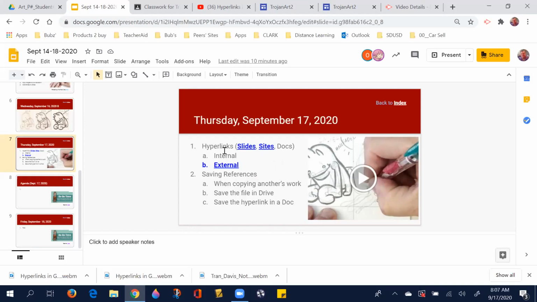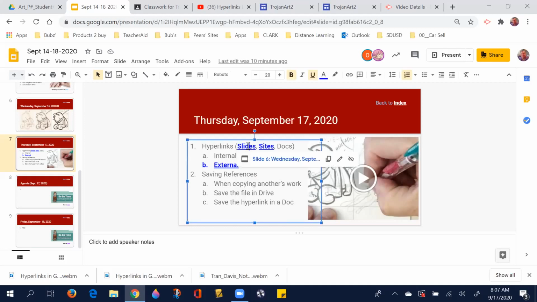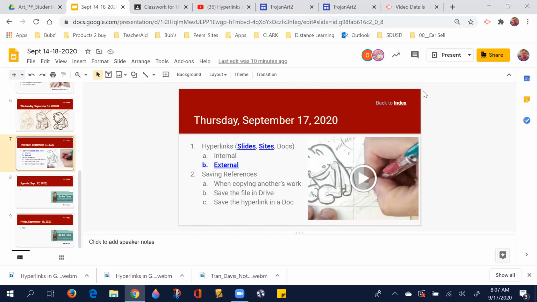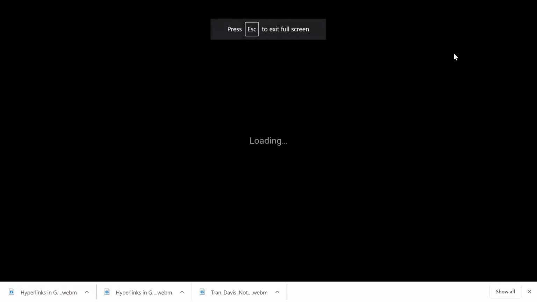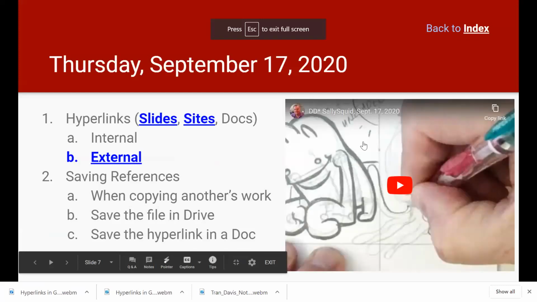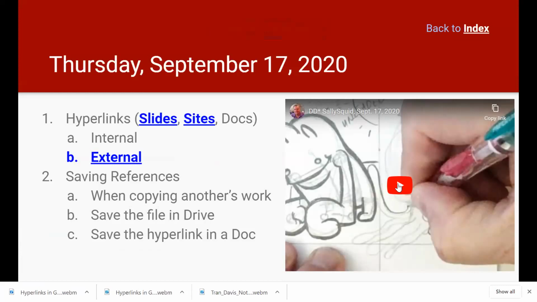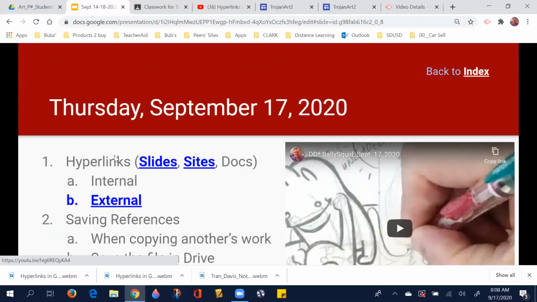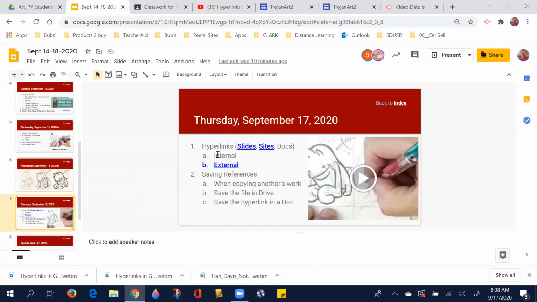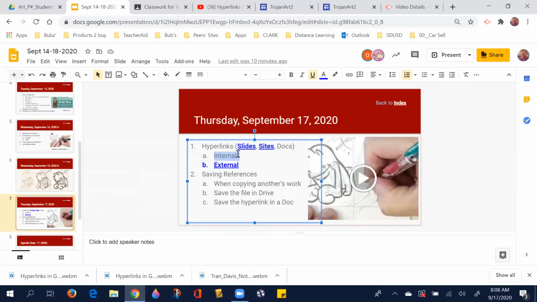So hyperlinks. Hyperlinks, you all just know them as links. This link isn't going to work necessarily until I present this presentation. This is an example of an external link. This is actually today's daily doodle that was uploaded to YouTube. And so you can play it here, but I also did the hyperlink here. So here's how you do a hyperlink very quickly. An internal hyperlink, whether it's on a,